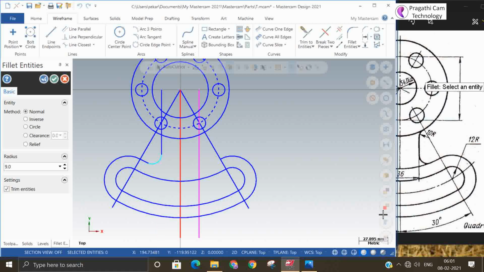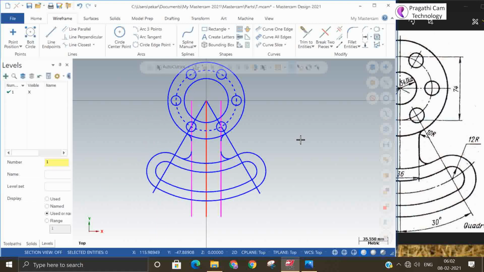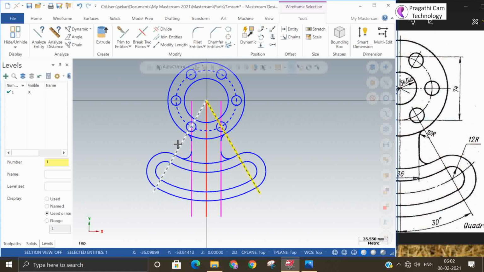But I don't want it like this. If you switch on trim, the entire thing is removed. So I don't want to trim, I just remove the trimming option. Now we can make it 10 and you can select the top. So now the things we don't want, you can delete.